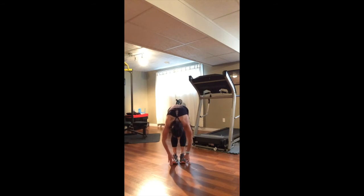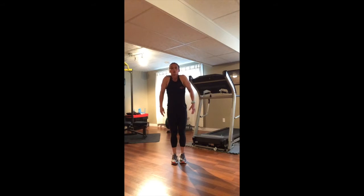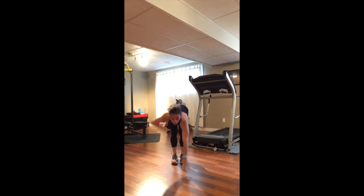At the back, tuck the tailbone under, roll up to a stand, roll the shoulders down and back. So we're going to do that again. Hinge, walk to plank,